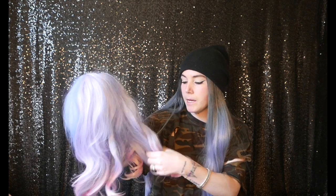Side note about this one, I would definitely recommend to get a Powder Room D one, but upon looking around wig websites, I'm pretty sure that I've seen an exact dupe of this on Wig is Fashion and maybe also Everyday Wigs. I'm pretty sure Wig is Fashion though, so just a side note for anyone. I would definitely get the Powder Room D one though, but the quality is